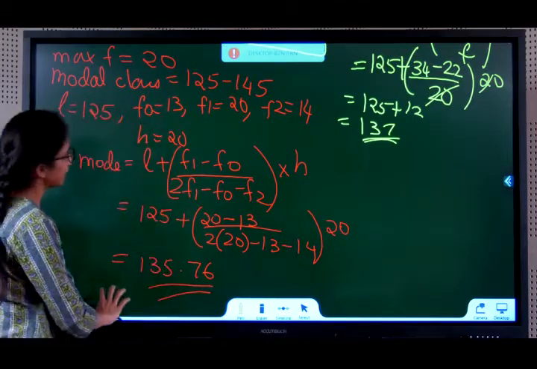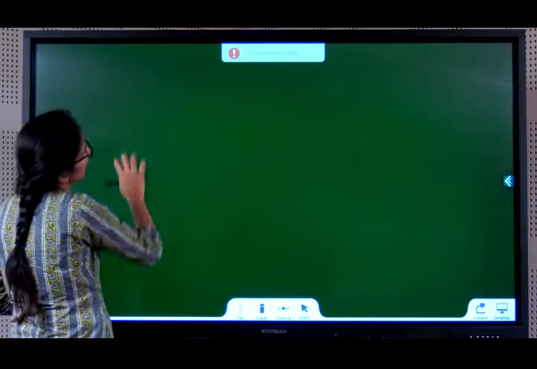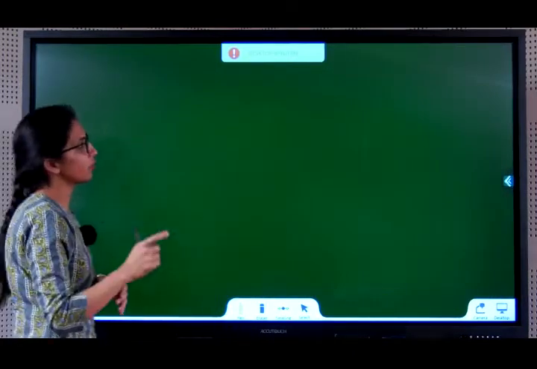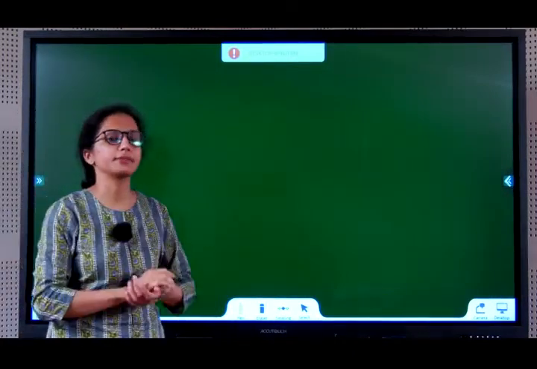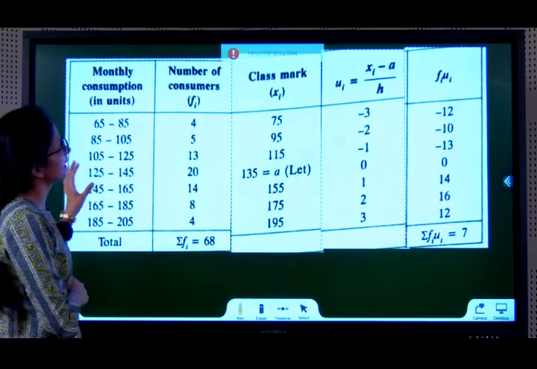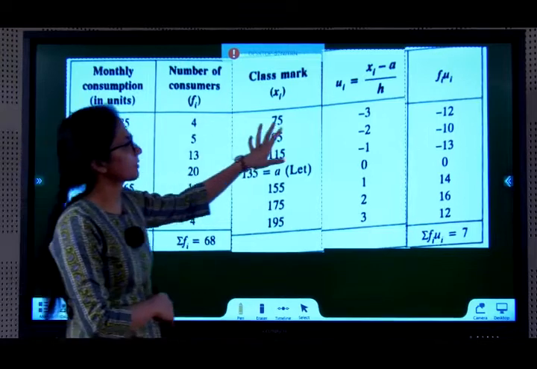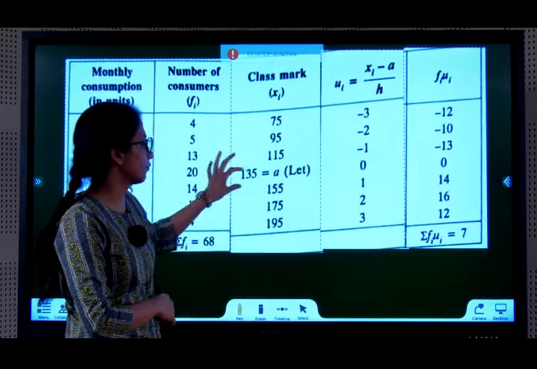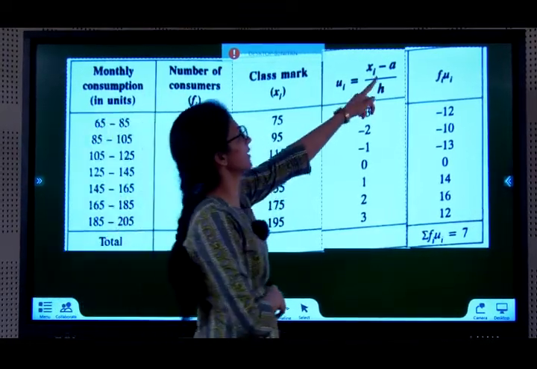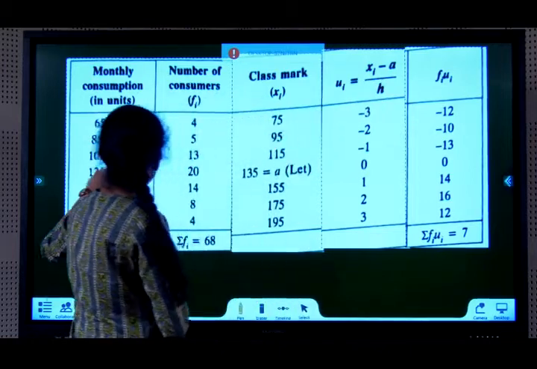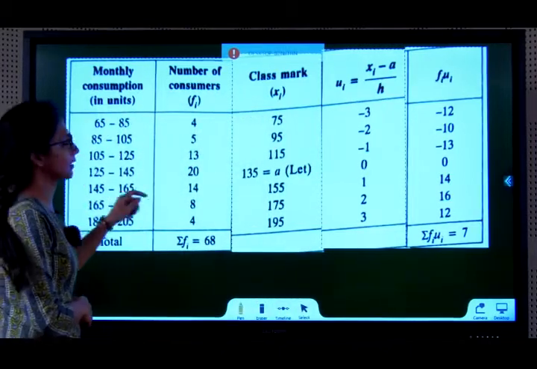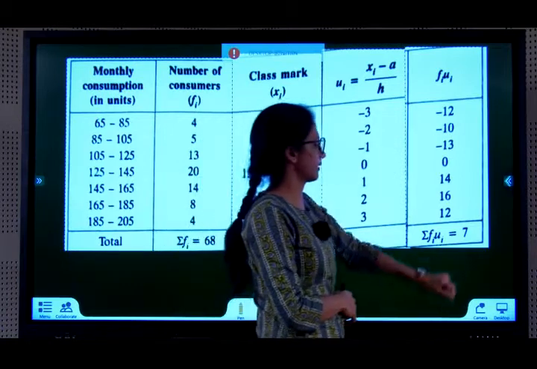So using the table technique, please go in for standard deviation method and pause the video, draw the table and verify it with my table. So using standard deviation, you all have got this table. Xi class mark you know how to find. Choose the assumed mean, middlemost Xi value 135. A is 135. H over here is subtraction of two limits. So 145 minus 125, 20. Solve it, you get this.